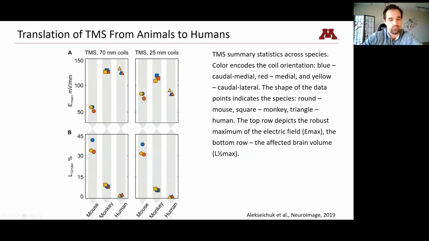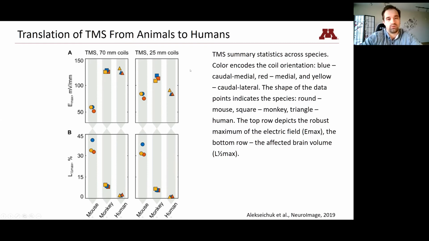Obviously, for a small mouse, the stimulation volume of the brain is very high in comparison to monkey and human, and the maximum strength of the electric field induced by the standard coil is much lower in mouse than in monkey and human, and there is a drop